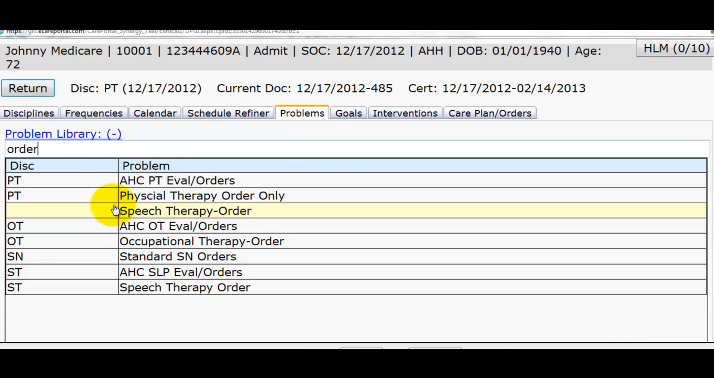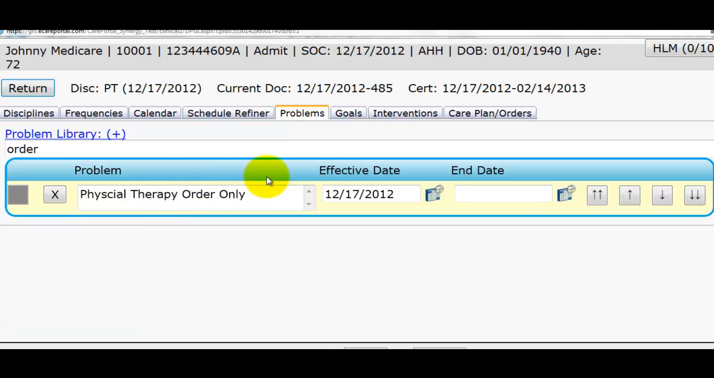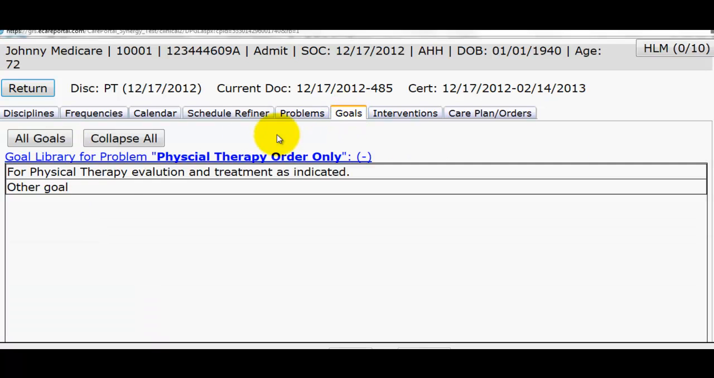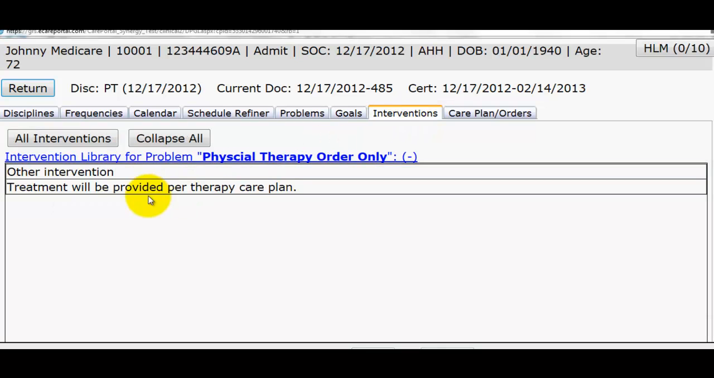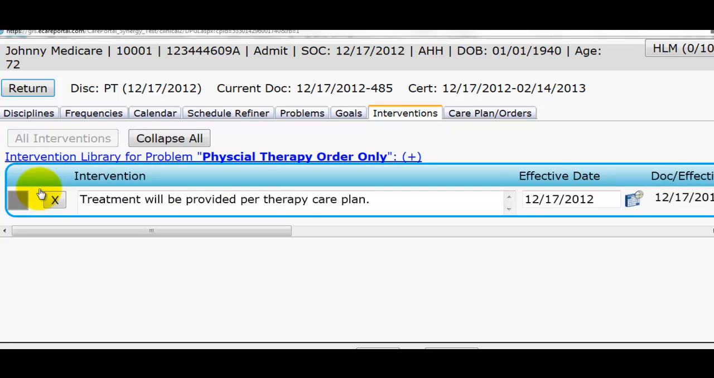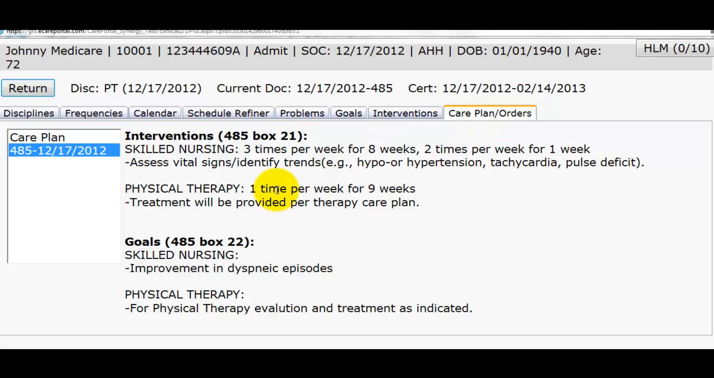And I find here physical therapy order only. And then in my goals tab, I can choose for physical therapy evaluation and treatment as indicated. In my interventions, accordingly, I can choose treatment will be provided per therapy care plan. So then if I go over to my care plan and orders, I can see what that's going to look like. Here's my physical therapy interventions and my goals. All right, so I'm going to return